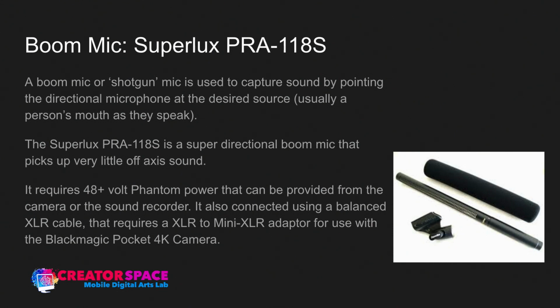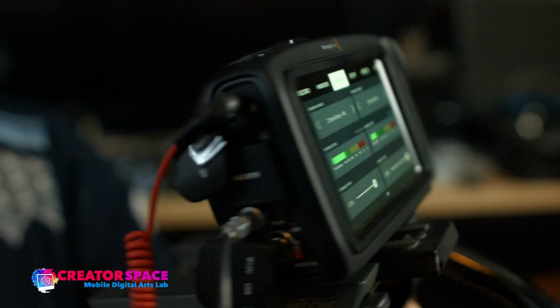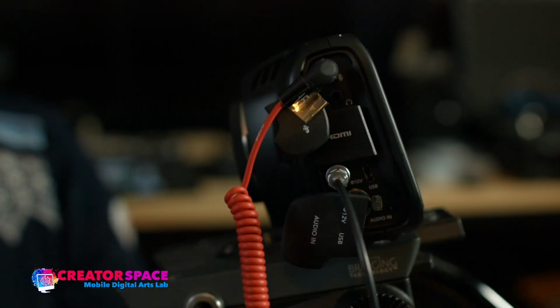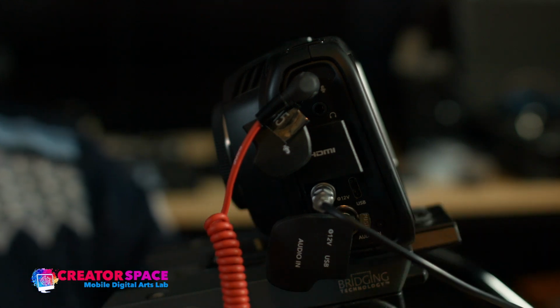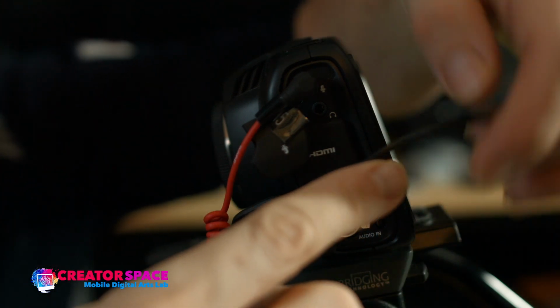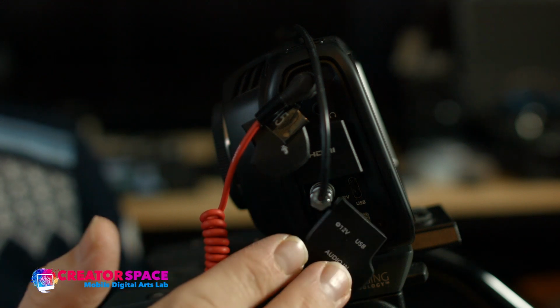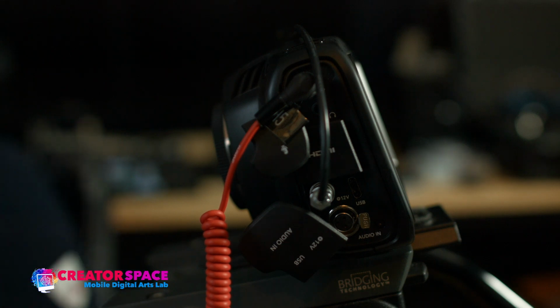Now you can use this with an XLR cable, and then for the Blackmagic camera, it actually also requires the use of an XLR to mini adapter. So let me just point that over there. Let's get this cable out of the way a bit. Okay, so here is where we put our, let me put this power cable up here. There we go, that's better. Here is the XLR down here, and I know it looks really tiny, and that's literally what it is. It's a mini XLR,